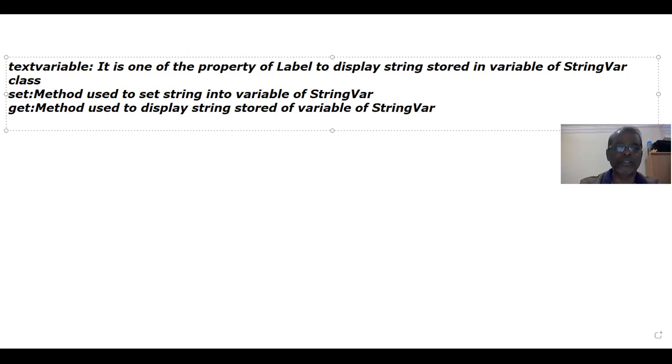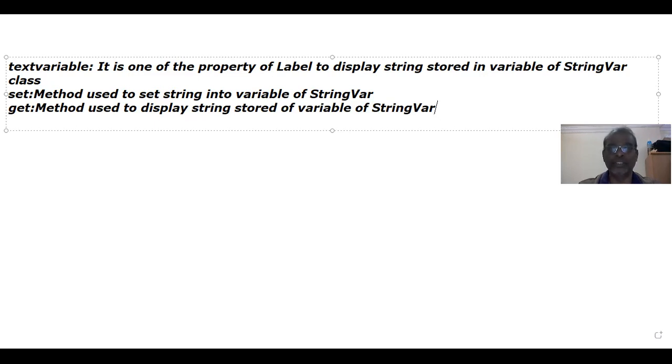Why are we using this text variable property as well as string variable? In the previous lesson, we had the text property of label. This text property is used to assign one text into the label. In future, if we want to change or give a different text for the label, we need set and get.